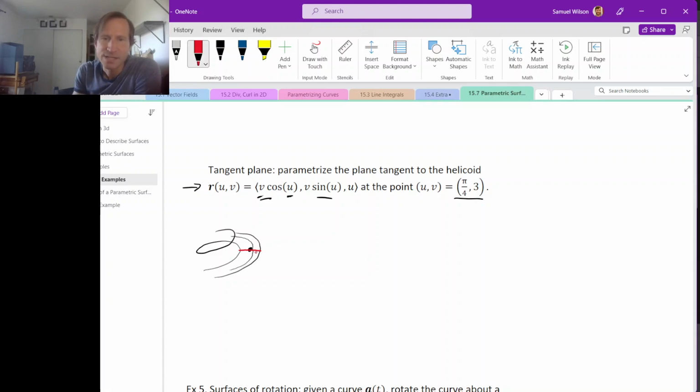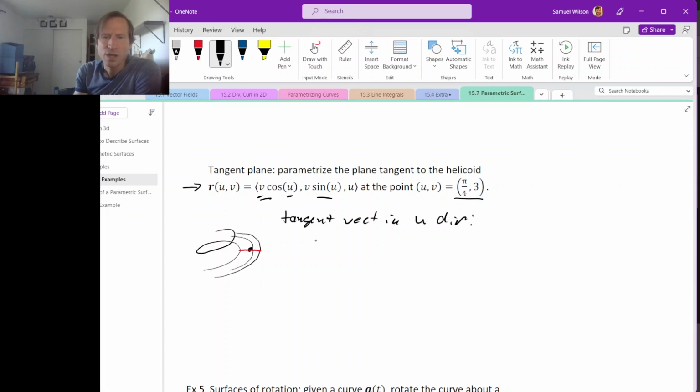right? And the tangent plane, well, both of these curves through this point, the one that we got from changing u and the one that we got from changing v, both of these curves should be tangent to our tangent plane. So in particular, if we could get a tangent vector along each of these curves, our tangent plane should contain both of those tangent vectors, right? So let's get a tangent vector in the u direction,